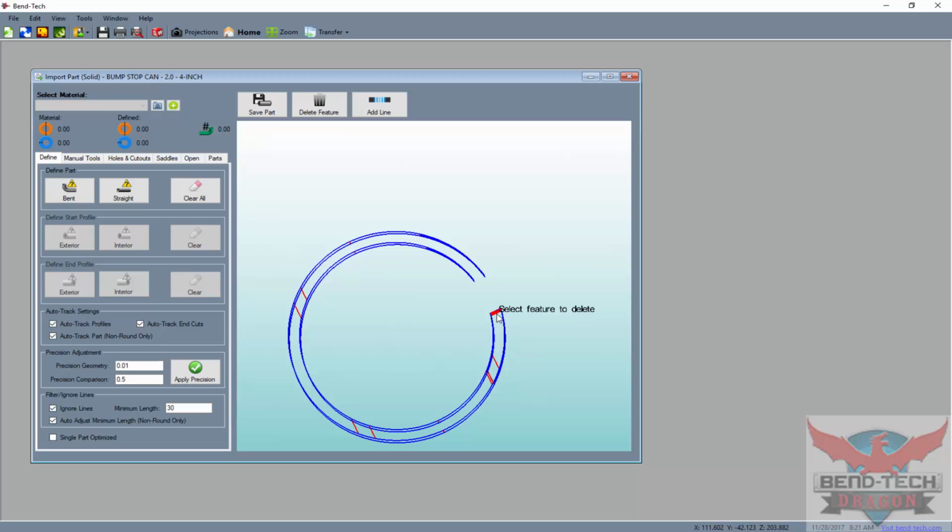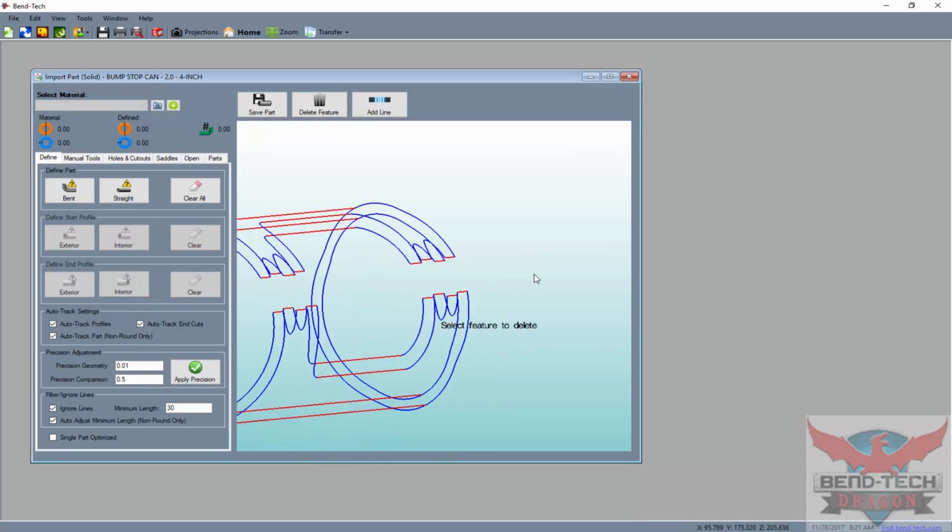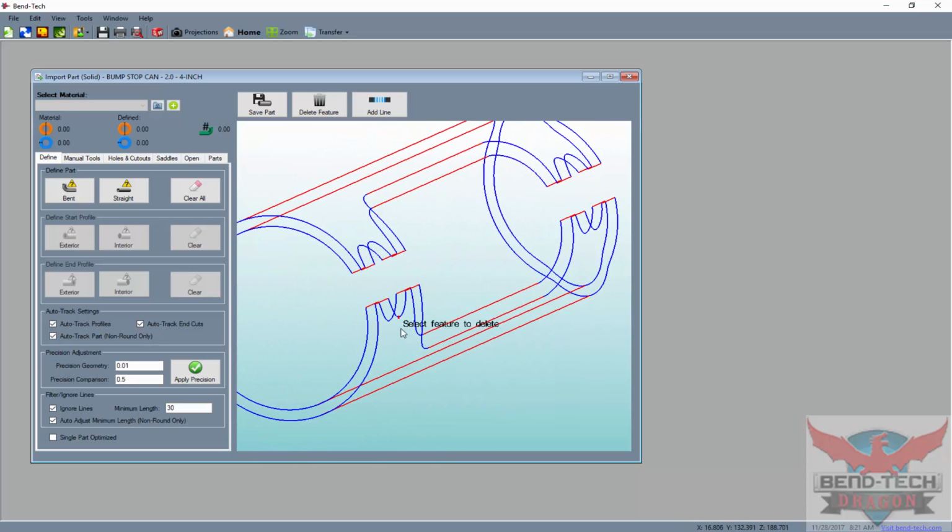There's a bunch of lines here stacked up on top of each other. Just because I'm looking at it from this view, it is the best view to get this job done, just because you can see them easier. You don't have to go searching for them. But yeah, simply get rid of those, and then